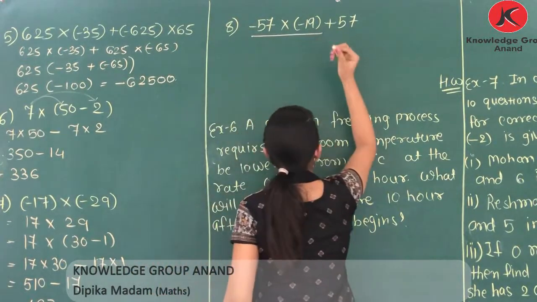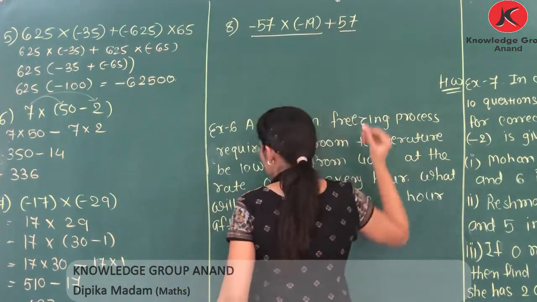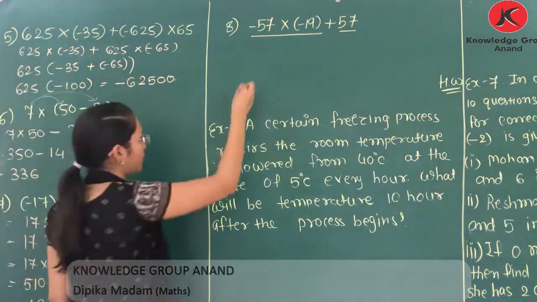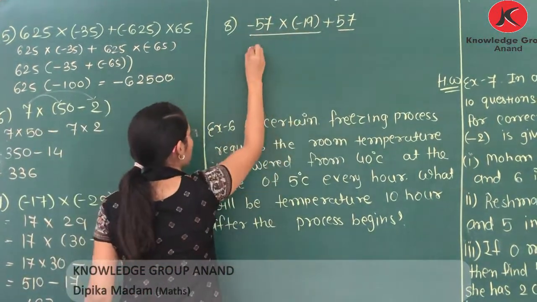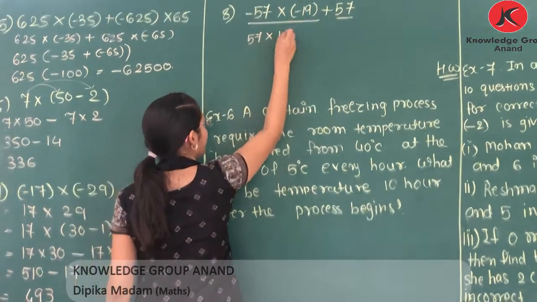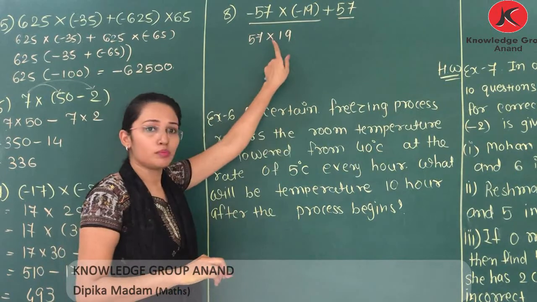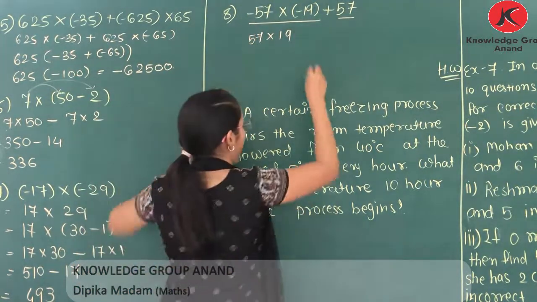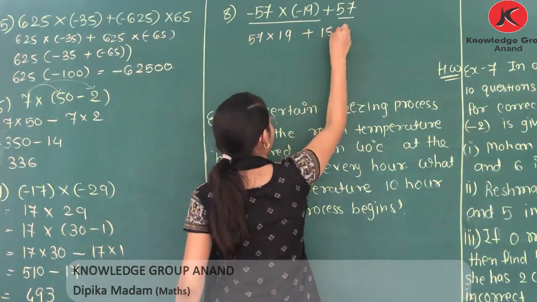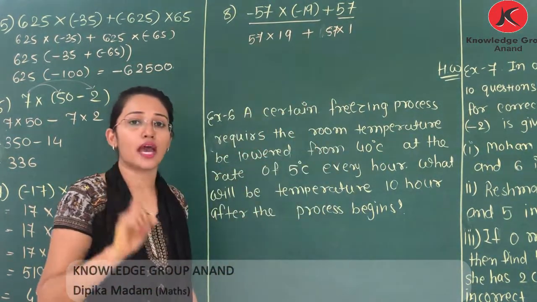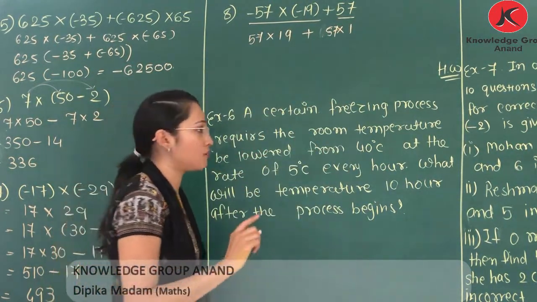These two are in multiplication, plus 57. Now how can we use the property for this example? Both are negative, which means we can write 57 multiply 90. In a multiplication, both being negative means it is positive. And 57 can be written like this: 57 multiply 1, because there is a 1 in a multiplication with every number.